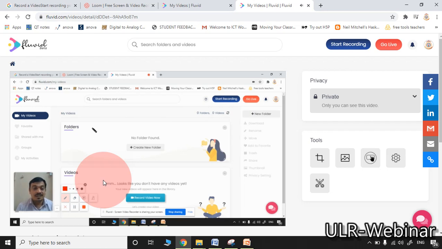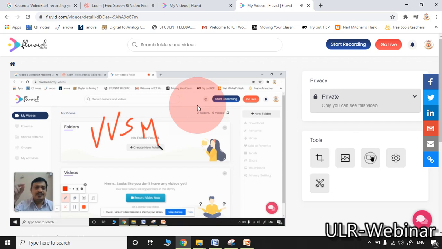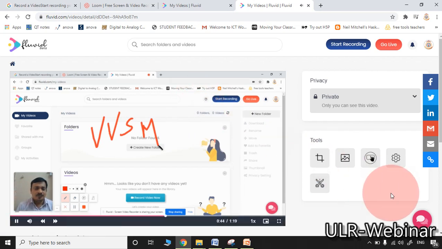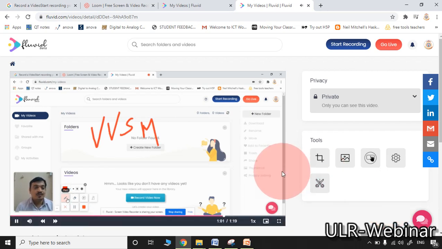By using my mouse, here I may write something. Whenever you are explaining, directly with the help of your mouse, you may write something. If you are having the tablet pen in your hand, comfortably you may write anything, any annotation you may add. Even without using Epic Pen software, if you are having the digital pen in your hand, then connect it to the computer and with the help of that particular stylus, write down anything on the screen. That is a direct feature available in this particular tool, Fluvid.